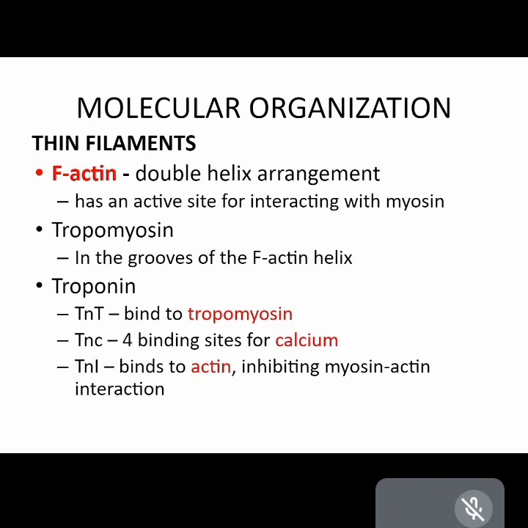filaments. The F-actin is a double helix arrangement with an active site for interacting with myosin. The tropomyosin is found in the grooves of the F-actin helix, and then the troponins, troponin T, troponin C, and troponin I, they have different binding sites. The T binds to tropomyosin, the C has 4 binding sites for calcium, and then the I binds to actin, inhibiting the myosin-actin